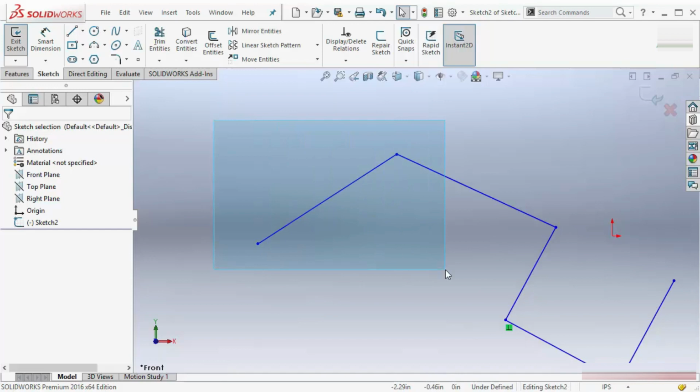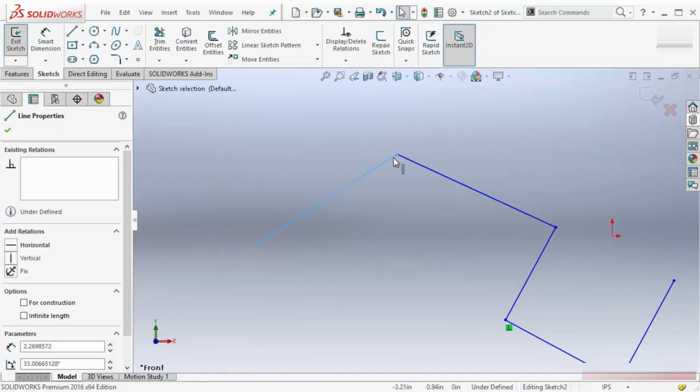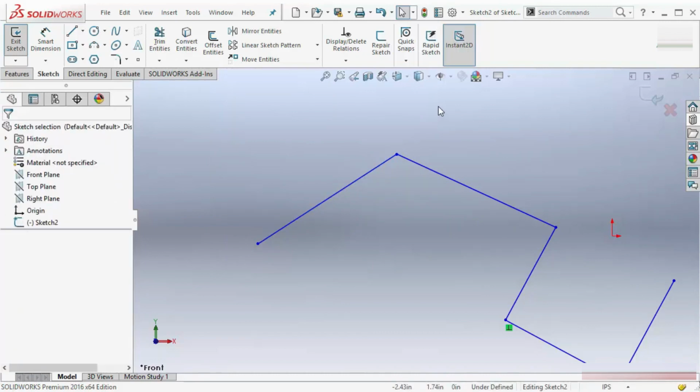So it will select only this line. So I will release my mouse now and you can see this will select just only one line. But if I move from right to left, everything that falls completely and partially will be selected. In this case, it will select this line and this line, because this line will fall partially and this line